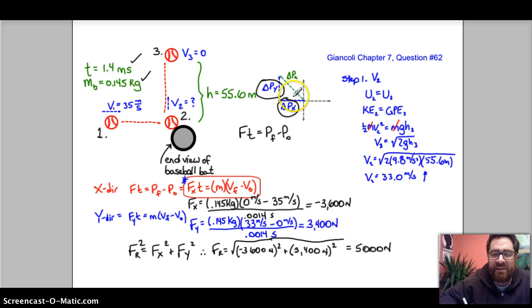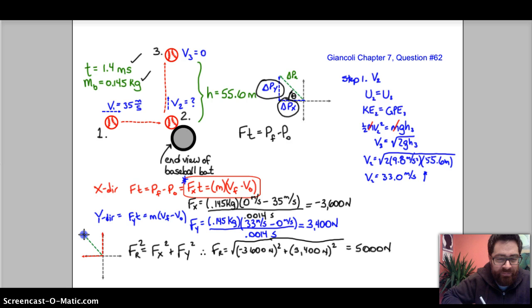I'm not quite done yet because I still need to pay attention to that angle theta. So force, of course, is a vector and therefore requires an angle, a direction, as well as magnitude. I'm just going to sketch this over here just to make the point. If this is my coordinate axis, my x component force acts to the left, my y component force acts up, and therefore my resultant force is